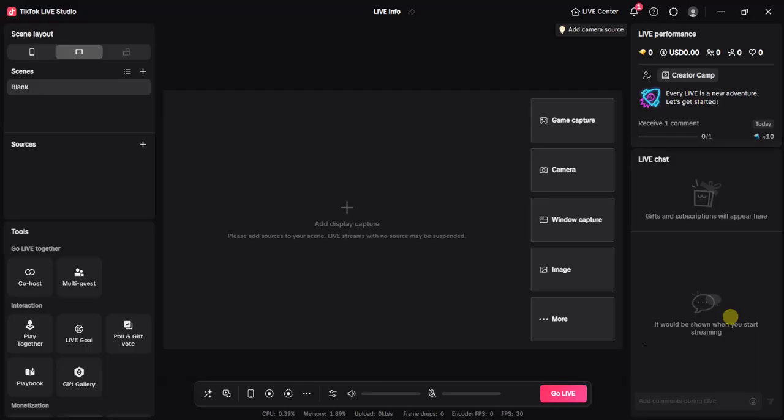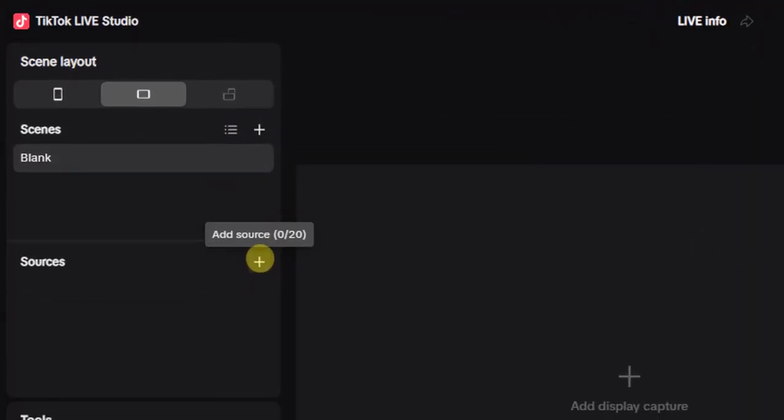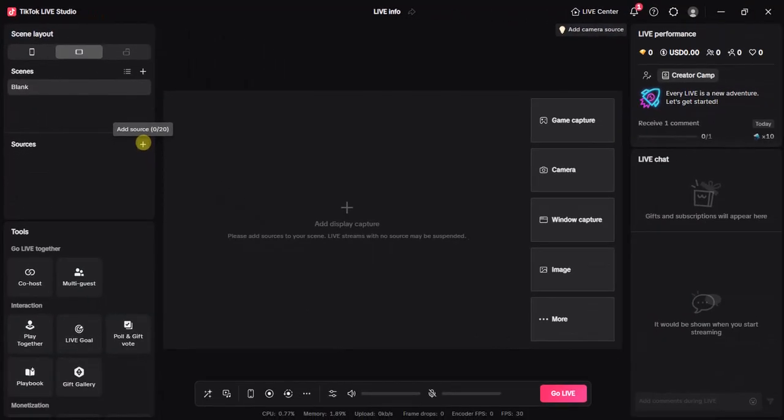So if you want to do this on TikTok Live Studio, the first thing you have to do is, of course, open TikTok Live Studio on your desktop and log in to your TikTok account. After doing that, the next thing you want to do is to click on this add source button right here. So once you do that, you have to add a source like